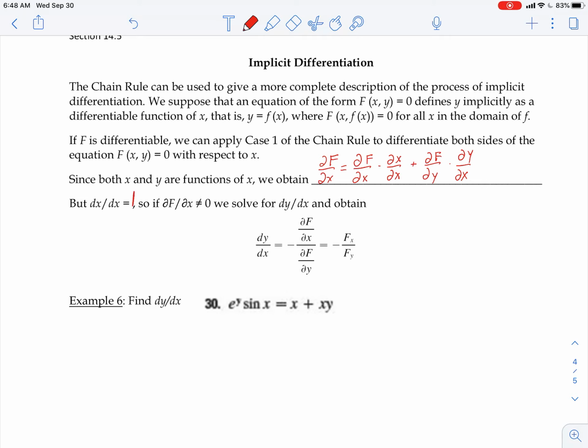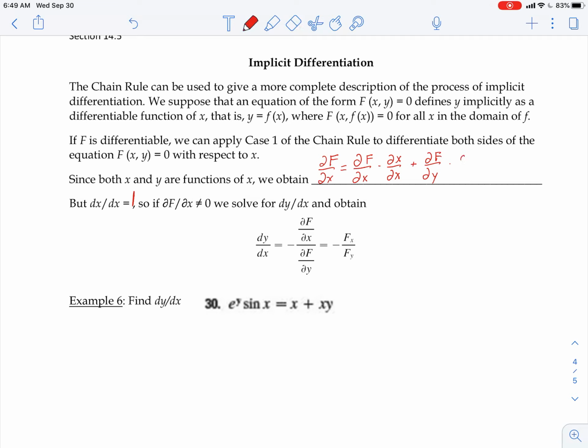Now, one thing you need to notice, dx over dx is going to be 1. So if the partial of F with respect to y does not equal 0, we solve for dy over dx to obtain. Again, this is all equal to 0. So solving for